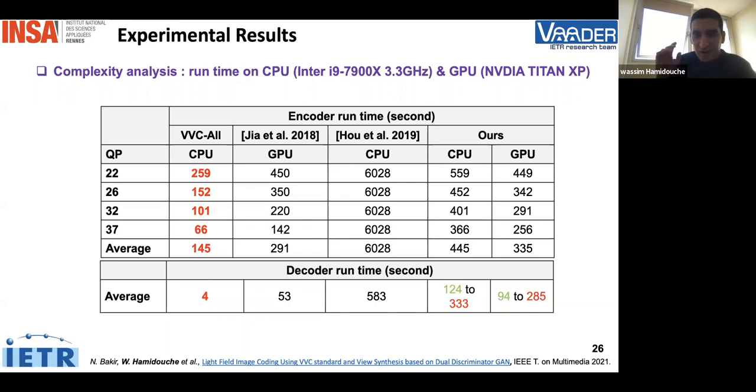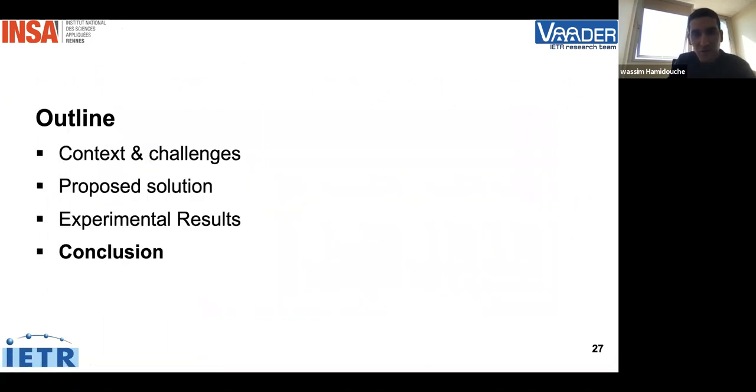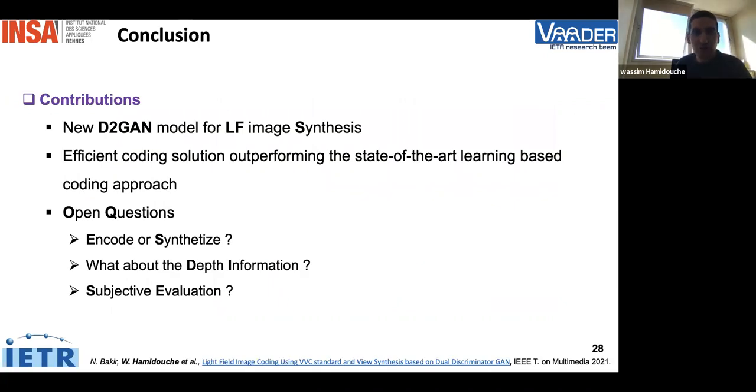So to conclude this section, we have presented the performance in terms of PSNR. We have some BD rate, BD PSNR, and we show some visual illustration and also some complexity results for both encoder and decoder. So to summarize and conclude this work, we have proposed a dual discriminator GAN model to